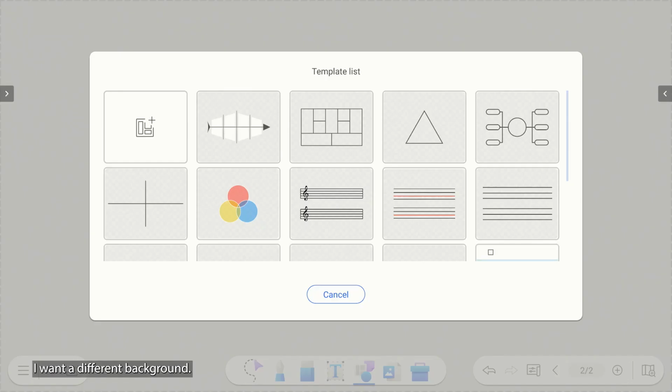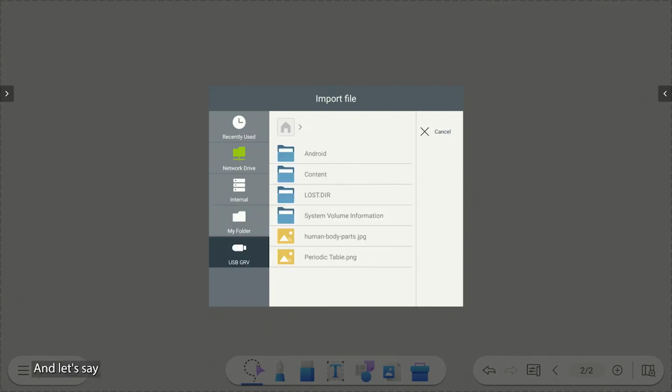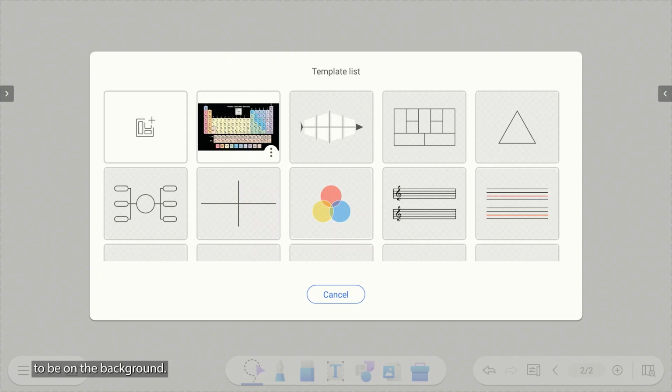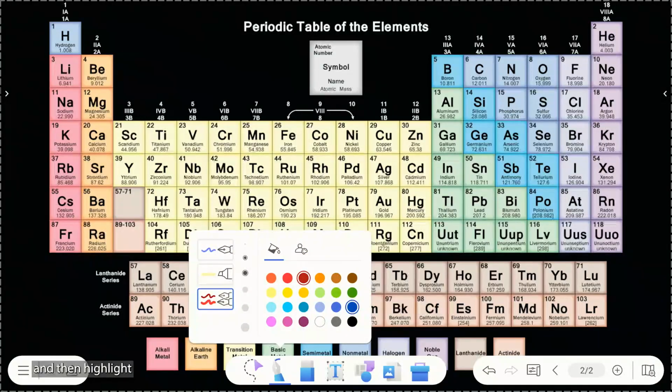Let's say I take a new page, I want a different background. So I'll click on this plus icon to customize the repository. And let's say I want the periodic table to be on the background. So this is the periodic table which is on the background, and I can select the pen option and then highlight